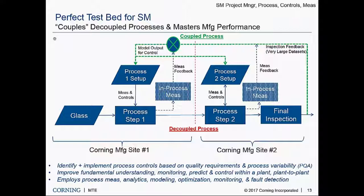So we have a final inspection that has the throughput capability for manufacturing. So how do we leverage monitoring those key process input variables from each of the processes, monitoring what we can in terms of the in-process measurements for each of those processes, and building a model that says, when I run my processes in this way, this is when I produce product that meets the customer's expectations. And so we've got to build modeling to essentially be able to have a controllable process, have a high-yielding process,